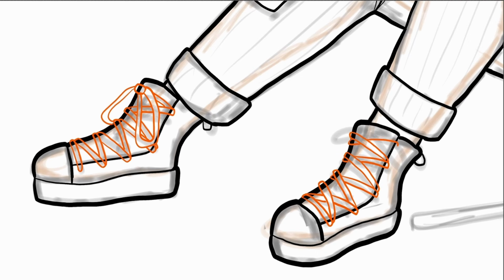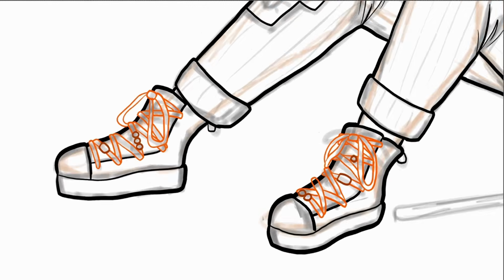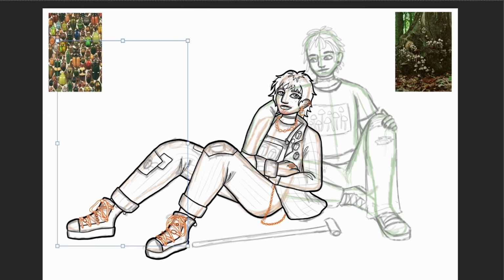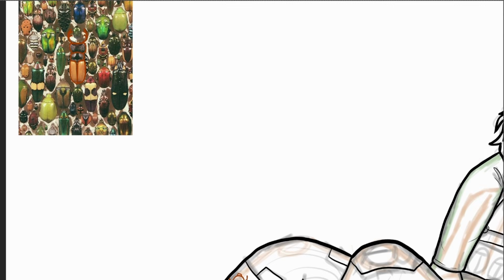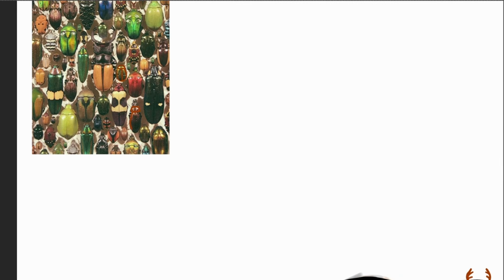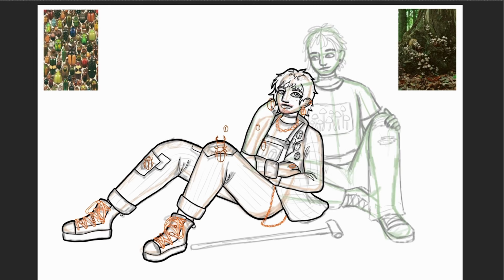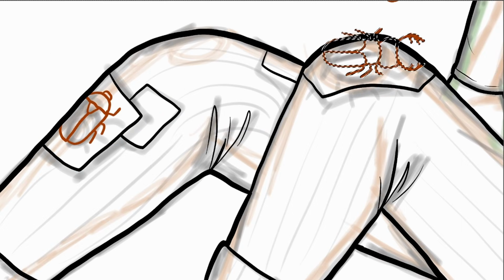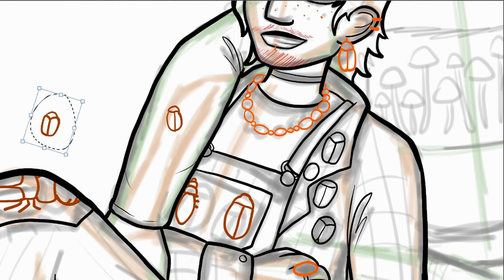Campy is wearing corduroy overalls covered in beetle patches, under an open flannel decorated with pins, and over a plain t-shirt. They also have boots with laces threaded with colorful beads and lots of colorful, chunky jewelry, which also looks vaguely beetle-like. The beetles on Campy's pants are traced directly from my photo. I know one of them is a stag beetle, but I'm not sure about the others. By the end of the line art, I was rushing just a bit, so the texture on Campy's corduroy overalls is a little messy.